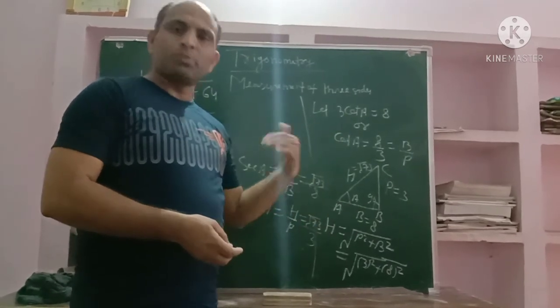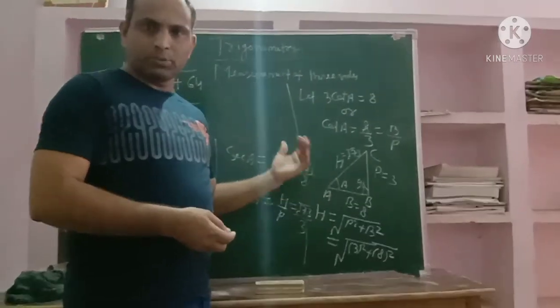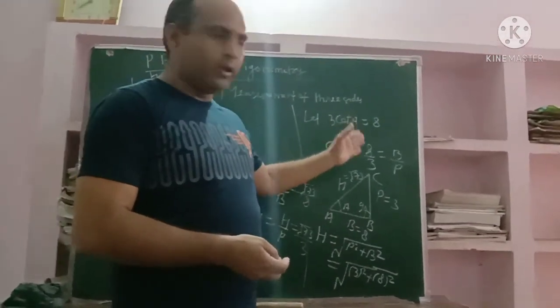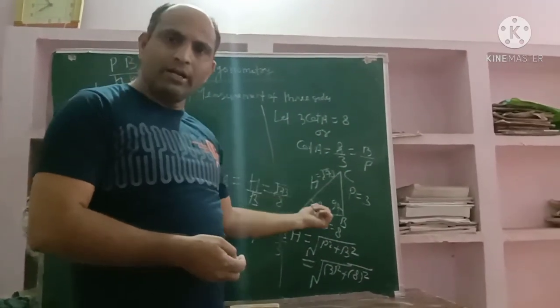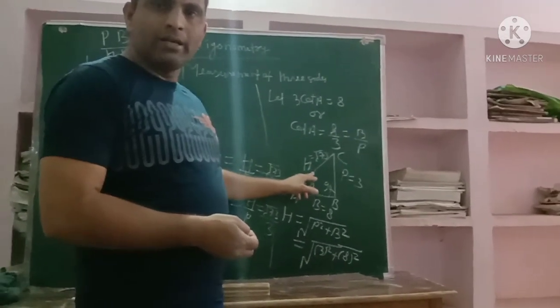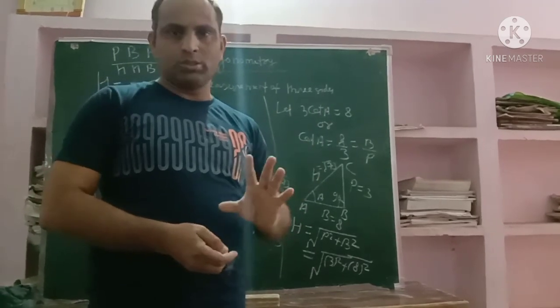So in this way we can calculate all the remaining trigonometry ratios, as well as if we want to find some trigonometry expressions, we can also find out the values of trigonometry expressions. Similarly, in place of cot A, if sine is given, then we find the third side by using this right angle Pythagoras theorem, and in the same way we can find the other trigonometry ratios as well.